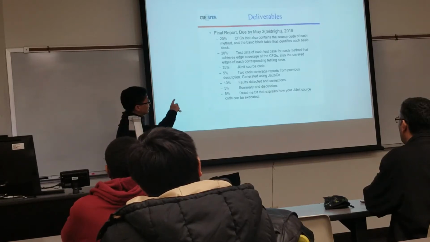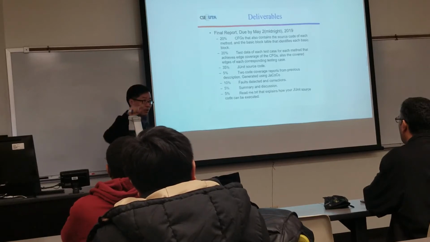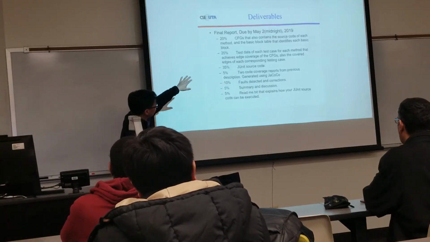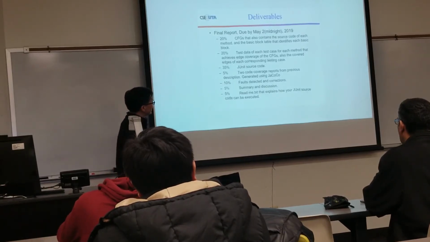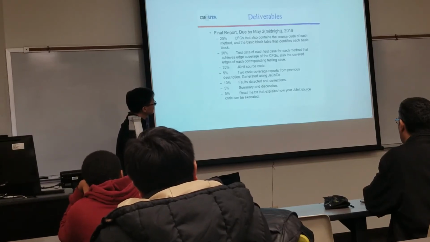You have to identify the basic blocks, and you have to show the graph that is built on top of those basic blocks. You have to include the test data for each test case you generate, and also